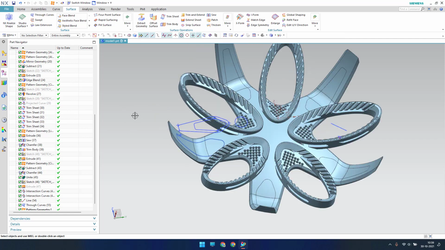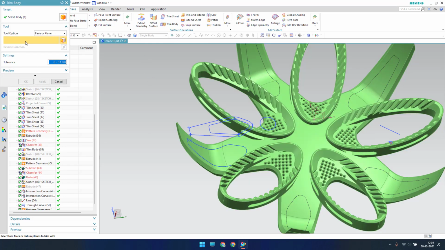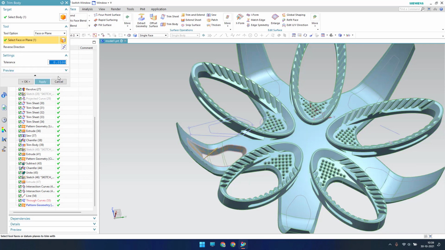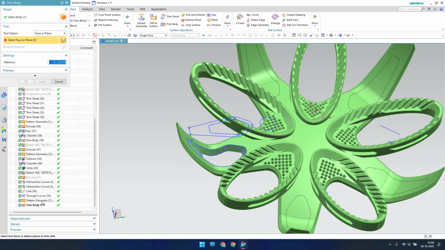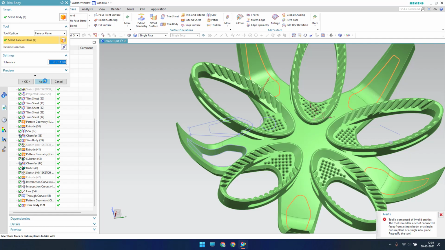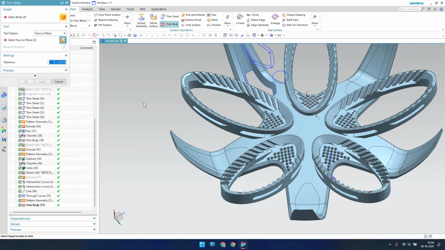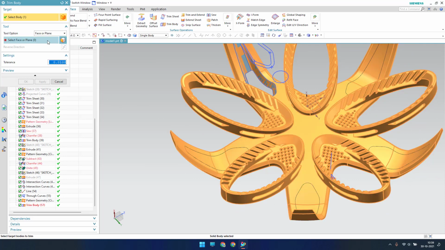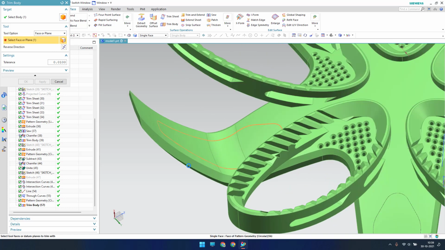Now I'll go to trim body, surface trim body. This body I want to trim by using this surface. Click apply, and in the same way I'm going to do it with this as well. Let me make it by one. This body should be trimmed with a single face, so this, and click apply.